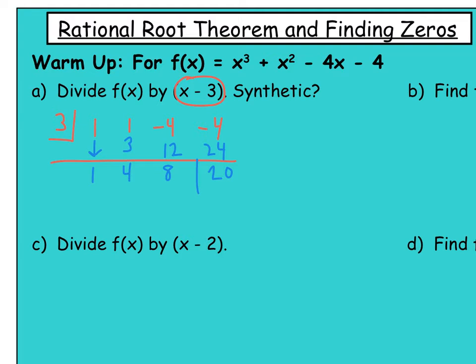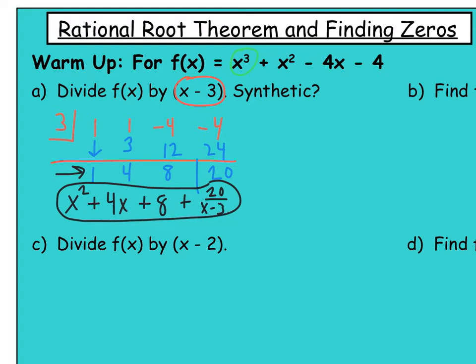Okay, so that means the answer to the division problem that we just did is, if we started out with x to the third power, our answer will always be 1 degree lower when we divide by linear. So these here are the coefficients starting with 1 for the x squared, plus 4 for the x term, plus 8. And then our remainder is positive 20. And it goes over the thing we divided by, which was x minus 3. Okay, so this would be the answer to the division problem